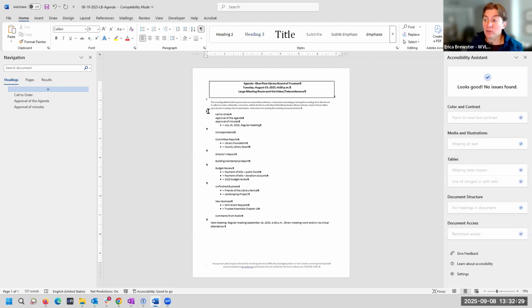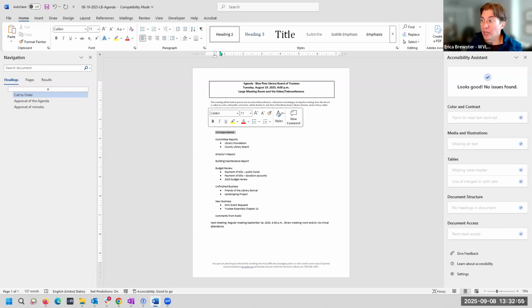Screen readers do not like it when there's a blank, when there's no text behind that. So after I apply my headings, I'm going to come back and remove those paragraph spaces, and I will fix the formatting to be more compatible with a screen reader. So I'm going to turn that off for now. I will circle back. But for now, I'm going to go down here and continue creating heading